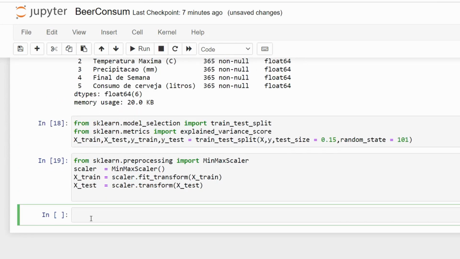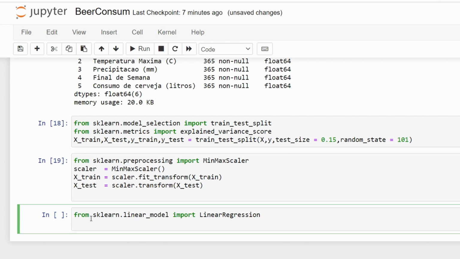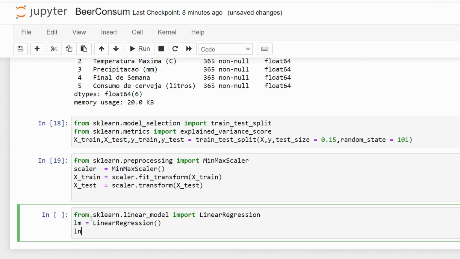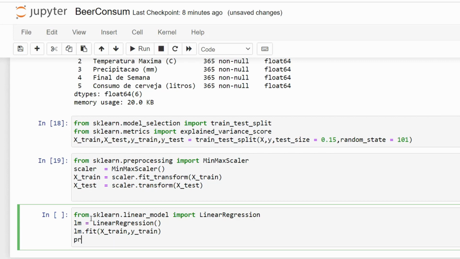From sklearn.linear_model we can import LinearRegression. So from sklearn.linear_model import LinearRegression, and let's say lm is equal to LinearRegression. lm.fit(X_train, y_train).